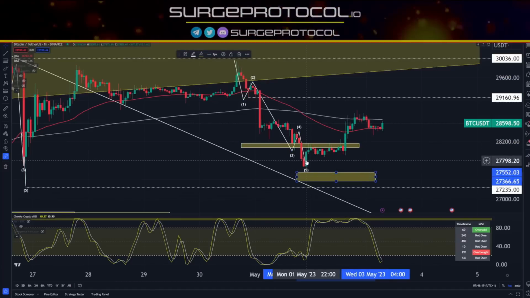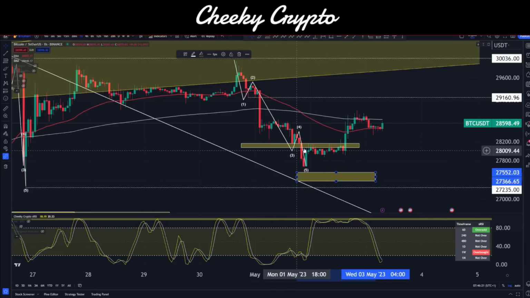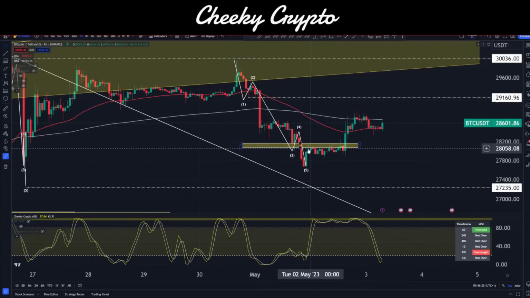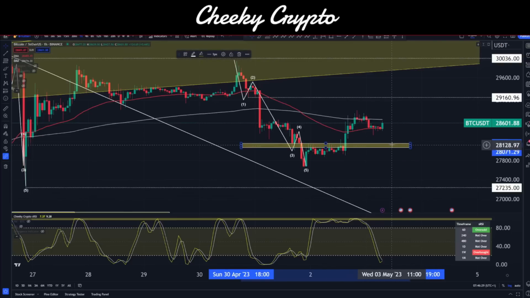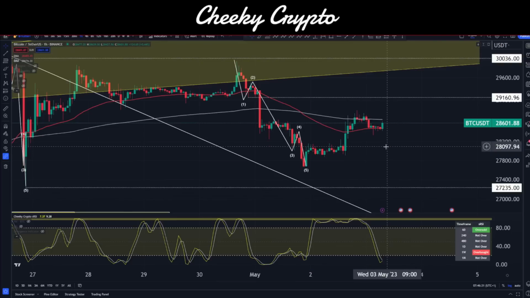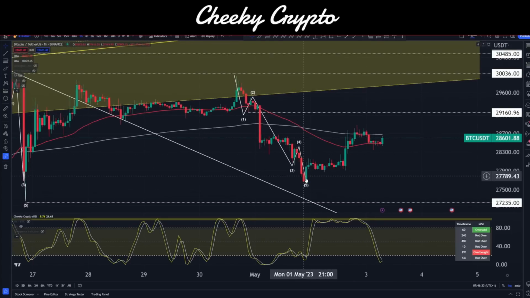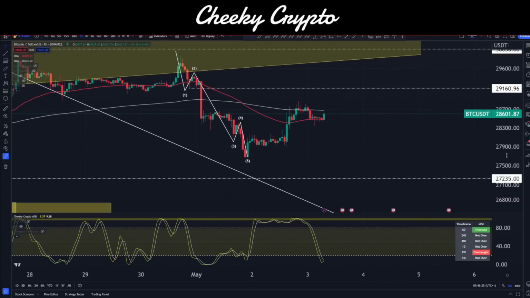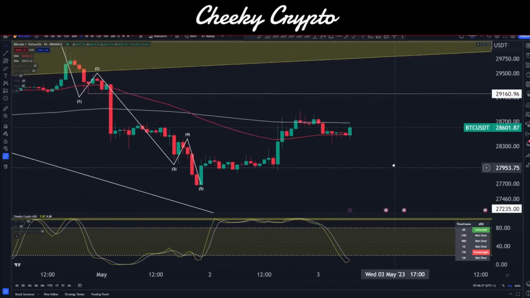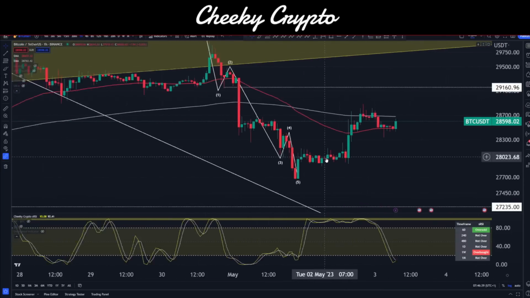As I was saying yesterday, we just needed to see a few more candles to get an idea as to what was going on in here. So that's essentially it. We broke above this resistance line and turned it into a support level. So I would say that we're going to see some volatility today, but we do have a 5-wave structure in here. Okay, so with all that said, it's important that we reflect on what's going on up here.